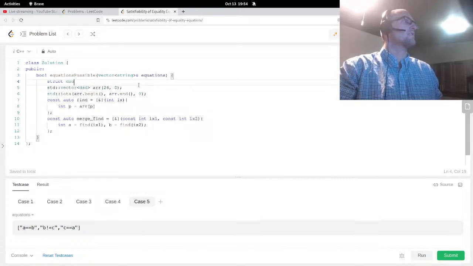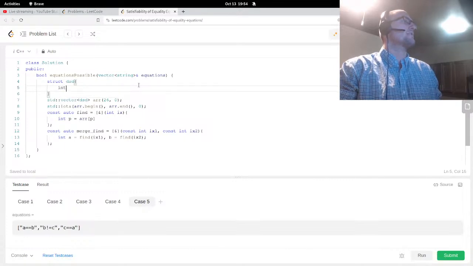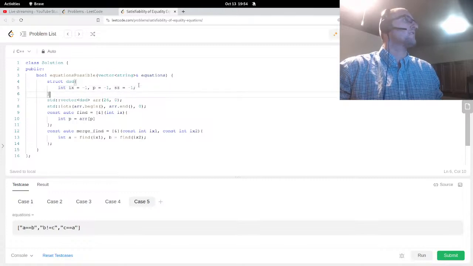Struct DSD has 3 integers: its index, its parent, and its size. And each of these